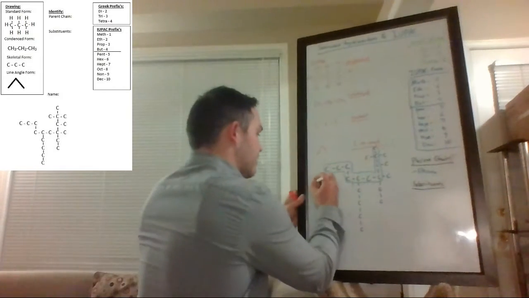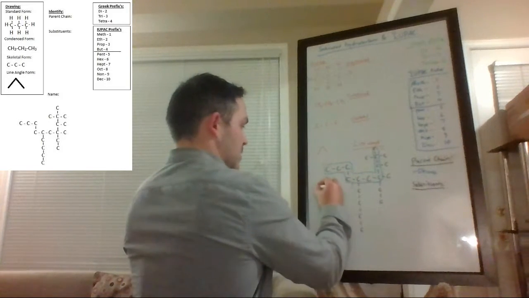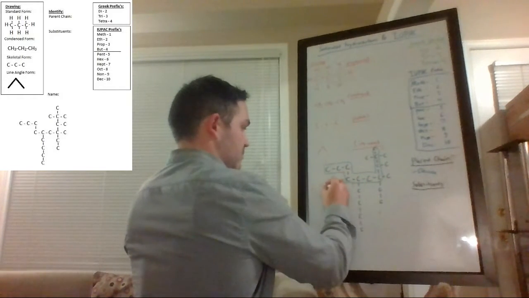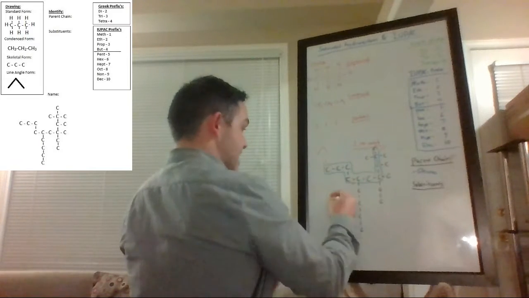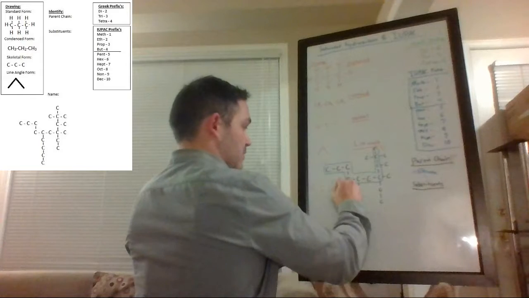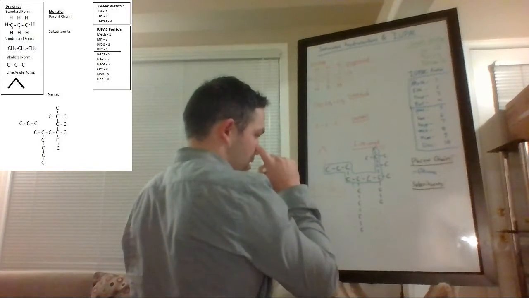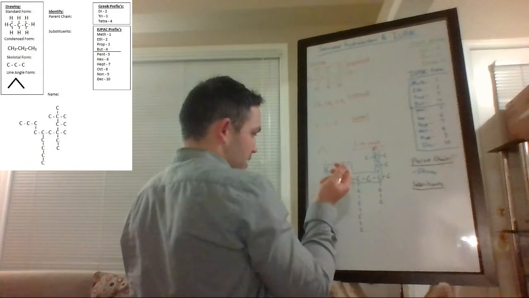So we've got a 5, 6, 7, another 7, an 8, and then 2 9s. So if we add all these up together, we got what? 14, 20,